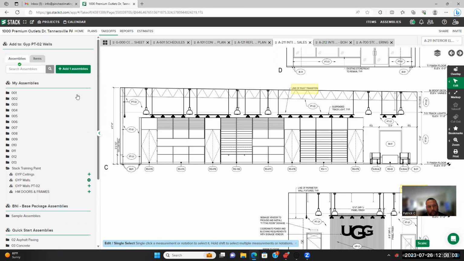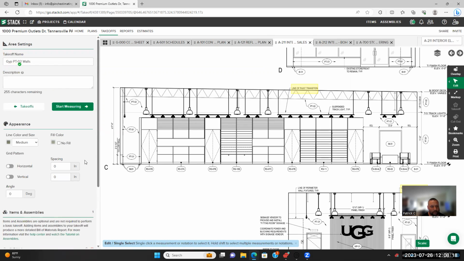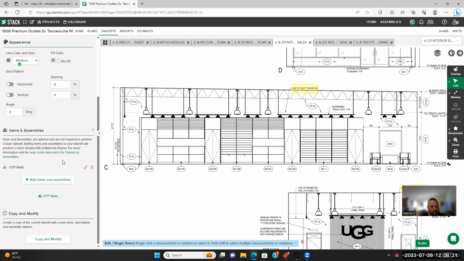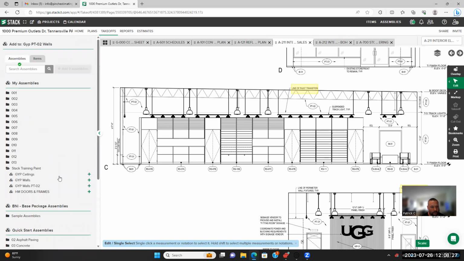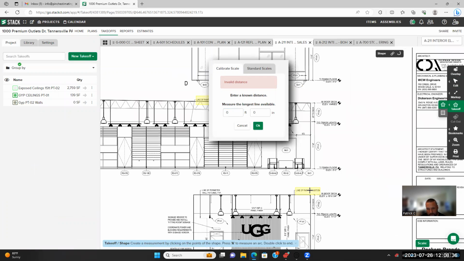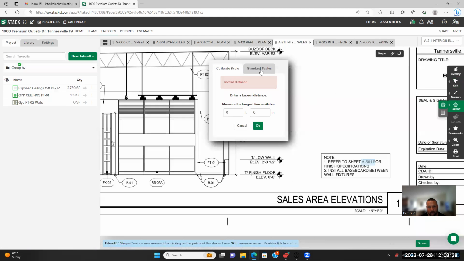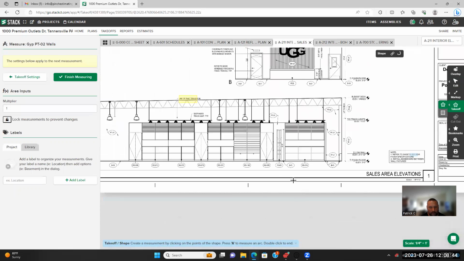And you'll see that they are when we go into the estimate to do that. All right, so add assembly, save, JIP walls. Let me try it again. Add assembly, JIP walls PT-02, that's the one we're doing, because that's the black paint, right? And now we just need to get the scale again. 1/4 is 1. Scales added. And now I'm going to go through,